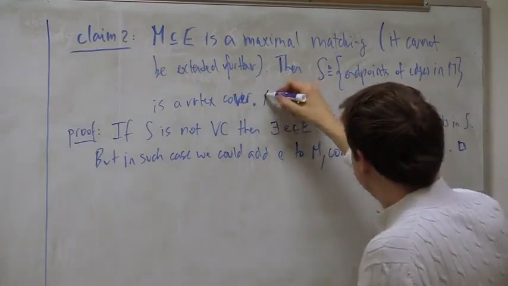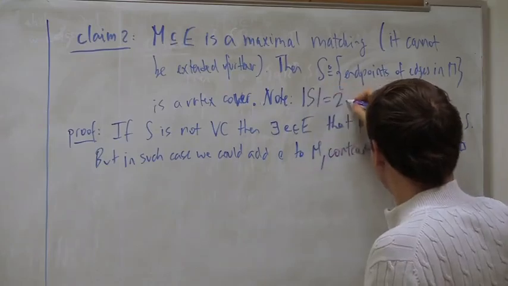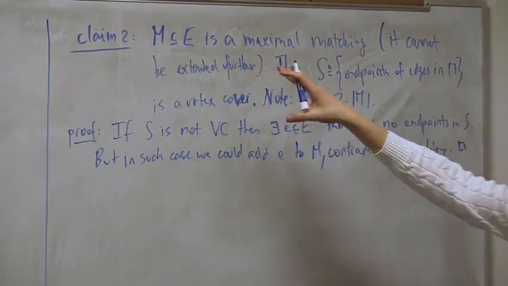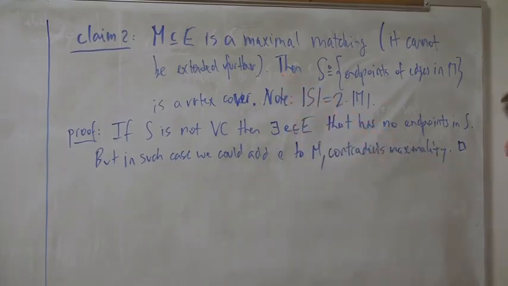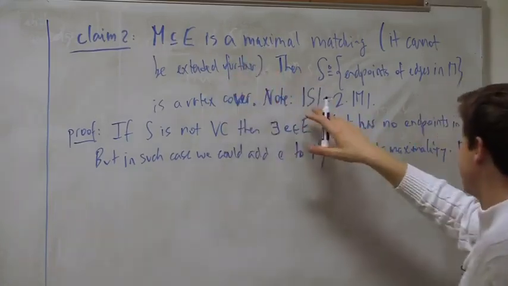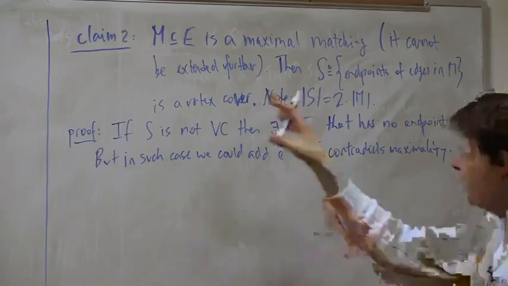Now notice that the size of S is exactly 2 times the size of M, right? Because in a matching, no edges share endpoints. When you consider all endpoints, you're going to get a set that is 2 times the number of edges, okay? Because endpoints don't repeat. So we have a way, given a maximal matching, to cook up a vertex cover of twice that size. Okay, these 2 claims together immediately give